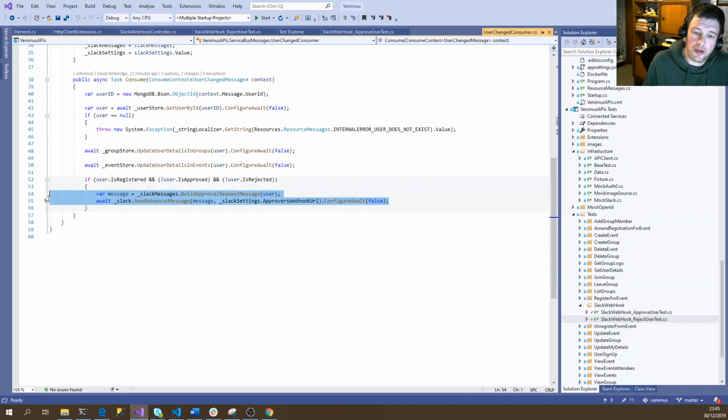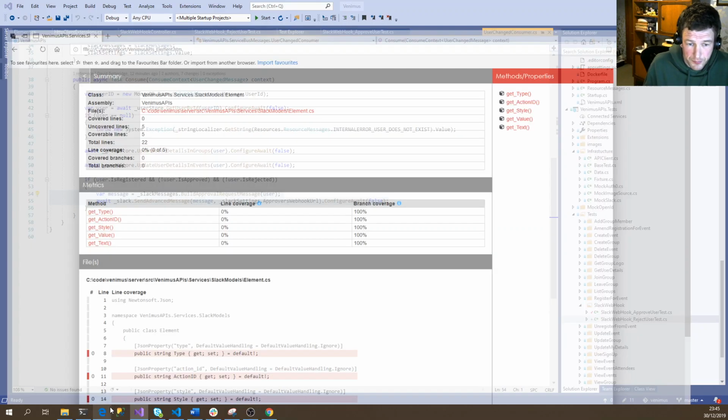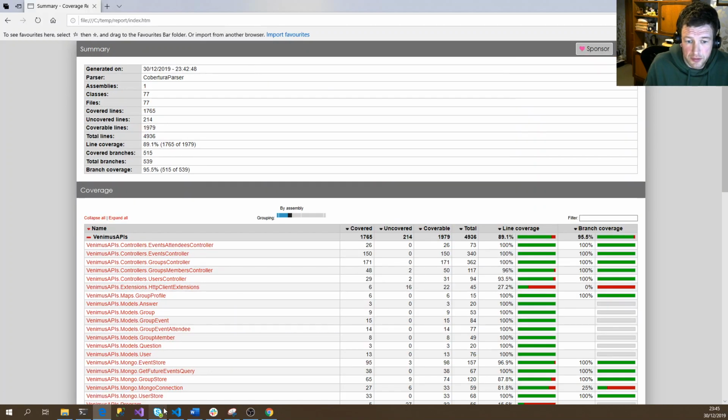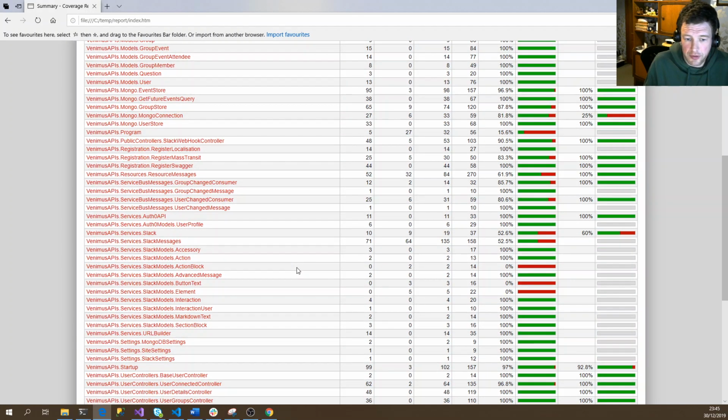This is when the original message is generated to be sent to Slack. And I'm wondering whether we don't actually have a test around generating those messages either. But as you can see, things are looking a lot